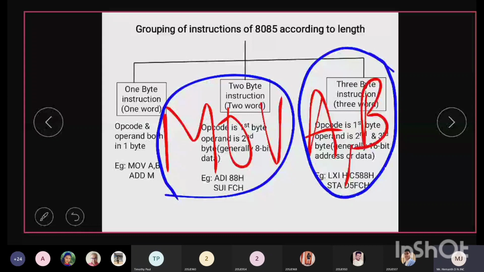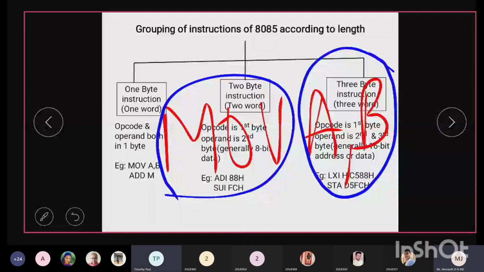It's just like writing int A comma B or float A comma B: int is a data type and tells what type of data is operated on that variable. Here in assembly language, MOV is the opcode and A comma B is the operand. Okay, I also gave a hint in the last session that when we have this 1-byte instruction, we find the letters.